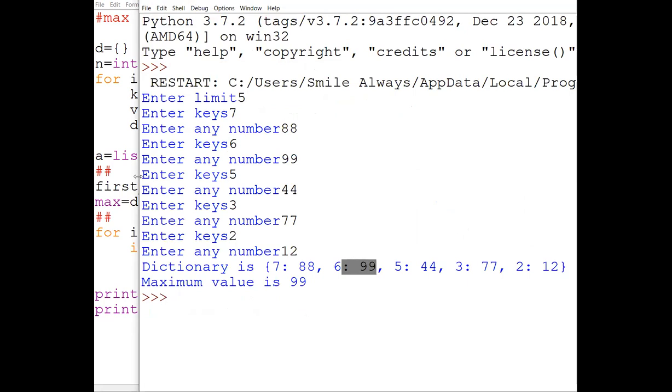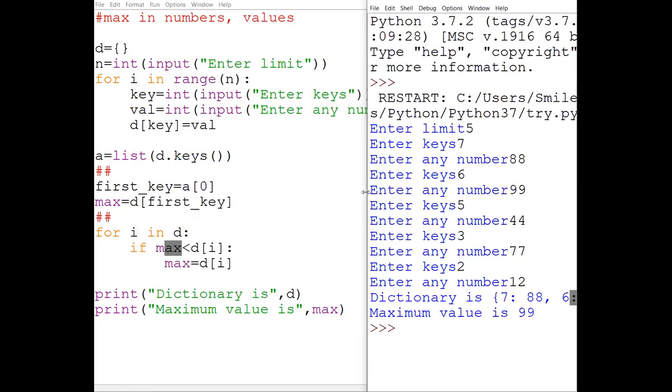Now, any doubt? That is the first thing, and the best part is that it is without using any functions of a dictionary. Anyone, any doubt?